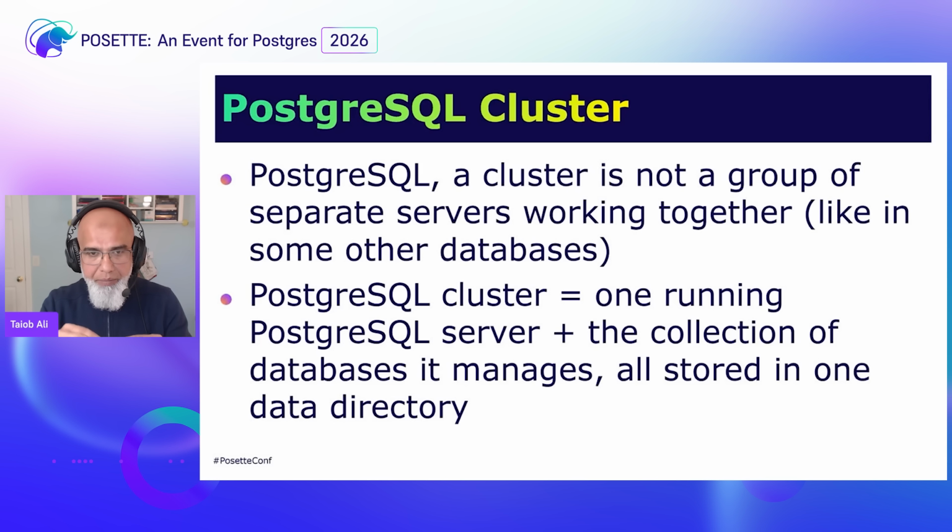So I can have a host that can have multiple Postgres clusters. Same as on a SQL Server host, I can have a default instance and then I can have multiple named instances. But in Postgres, we don't call it a named instance. We just say there are 3 or 4 Postgres clusters. But you have to understand a Postgres cluster is the same as a SQL Server instance, not a bundle of one or more hosts together that we build when we talk about a SQL Server cluster.